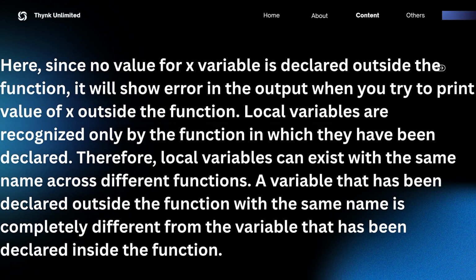On the other hand, a variable that is declared outside of all functions, known as a global variable, is entirely different from one declared inside a function, even if both share the same name. PHP keeps them separate to avoid confusion and to make sure that local and global data do not accidentally overlap. In simple terms, a local variable is private to the function it belongs to. It cannot be used or accessed outside that specific block of code. This design helps maintain clean, organized, and error-free programming, especially when multiple functions are working independently within a larger PHP